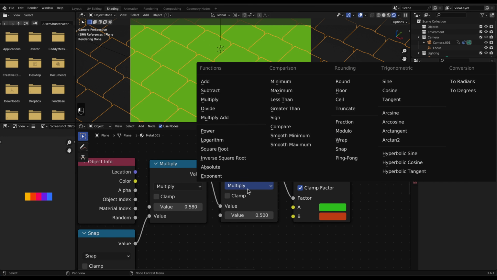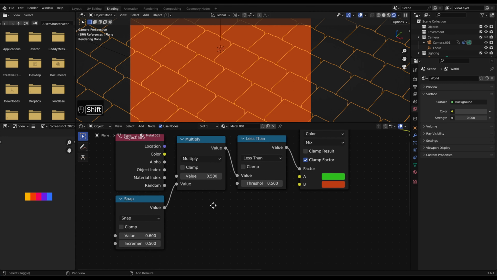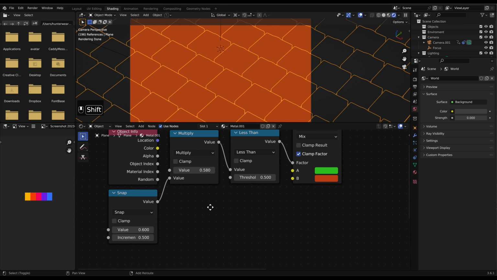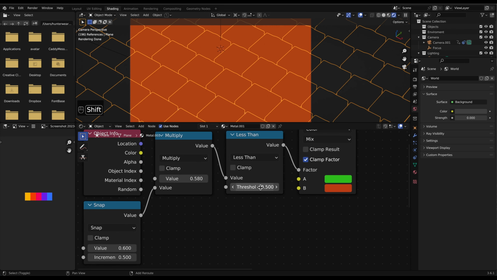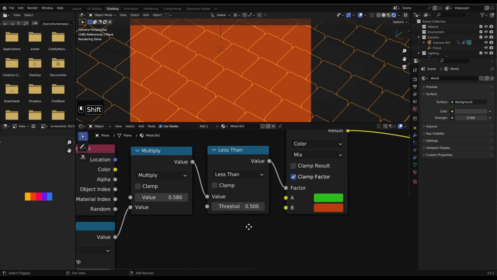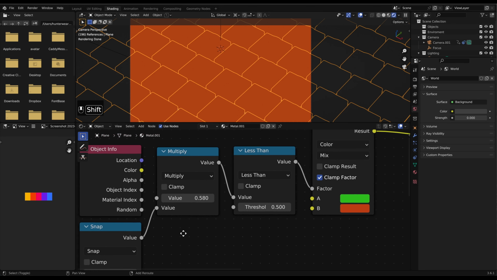So what we can do now is add in a less than. And so now what's happening? Well, we've got a value of 0.6. It's been snapped down to 0.5.